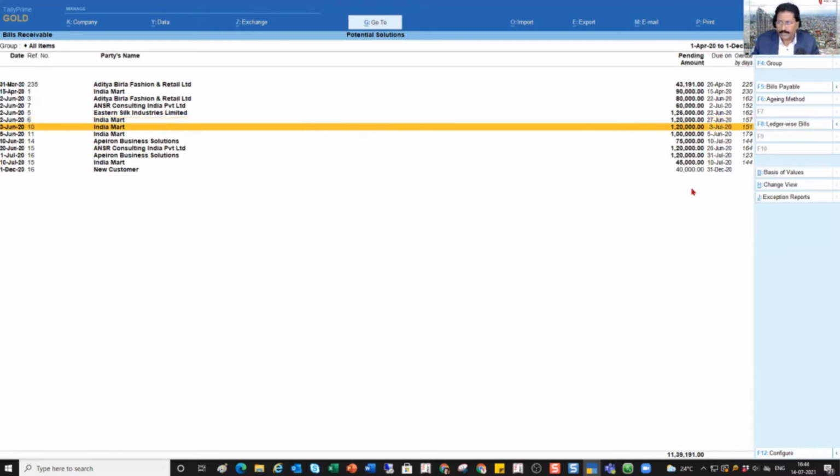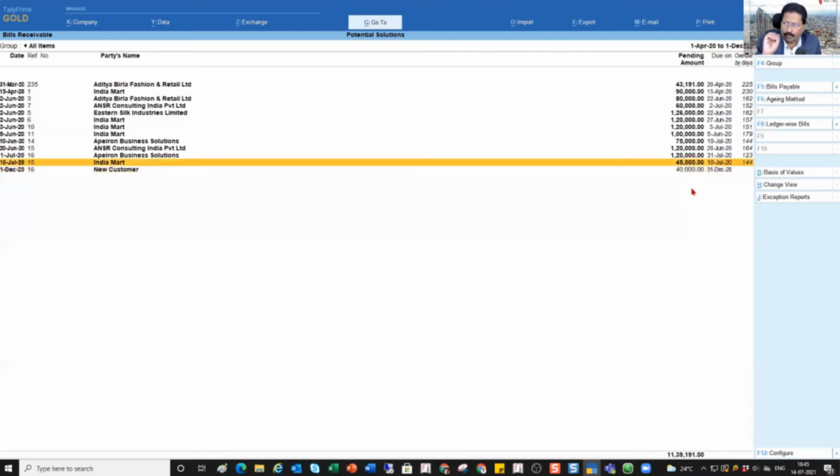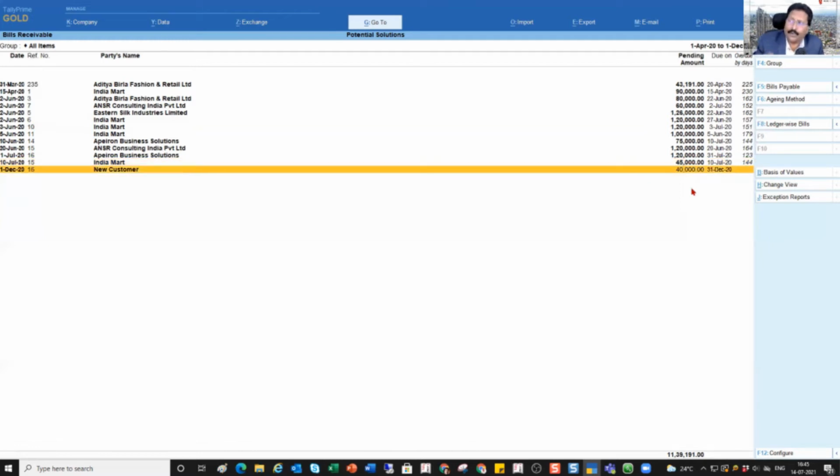Okay? And if you notice here, the last invoice, where if you recall, we had created this new customer invoice in our previous session. So we had raised it on 1st of December, and we said 30 days credit we are providing for this customer. So 40,000 rupees, the amount here is in the normal font. Why? Because as on the current date, which is 1st of December, this bill is not due. And it also tells you when this bill is going to be due. So this bill is due on 31st of December, right? So there is no overdue. That is why this amount is in the normal font.